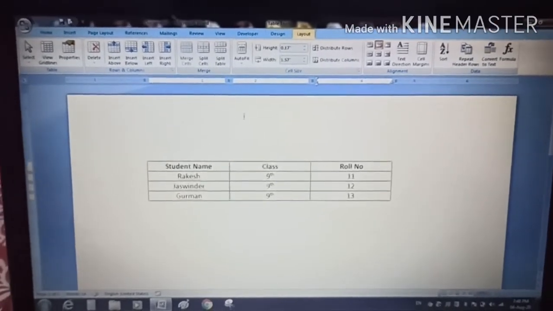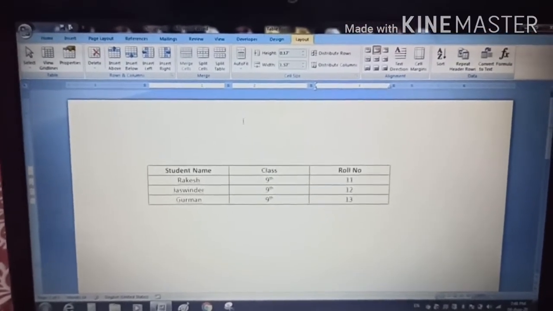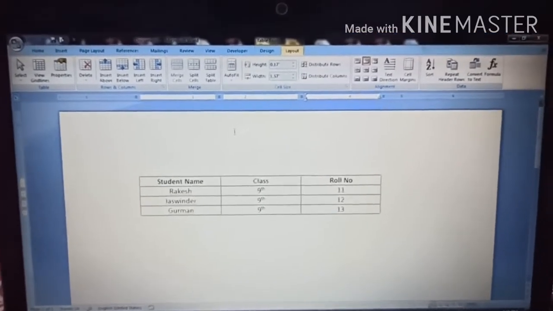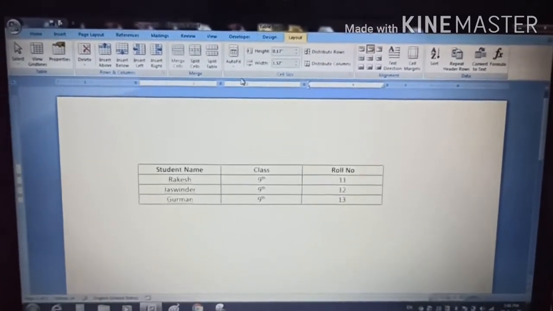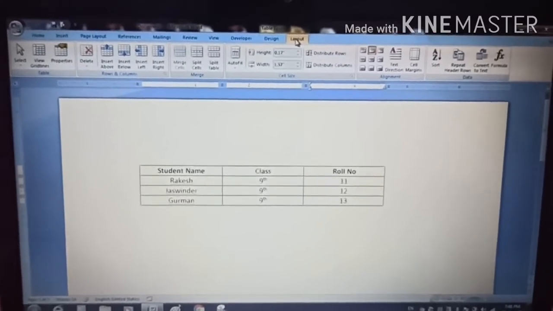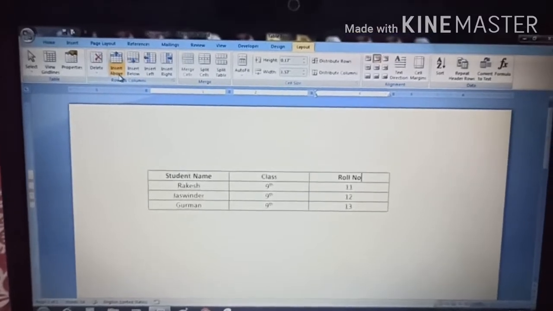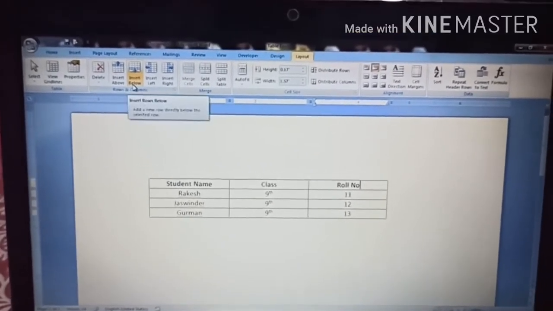Now suppose I want to insert rows and columns in my existing table. This can be done from the layout tab. Under the layout tab, here we have the options to insert rows and columns: insert above and insert below.